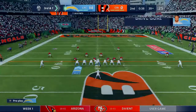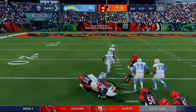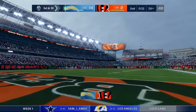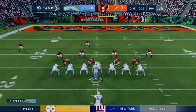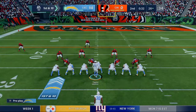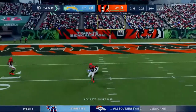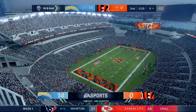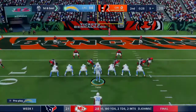This is 3rd and 1. Very likely 4-down territory, even if they don't get it, though. And he works it past the 30, almost to the 25. Now the Chargers will use the second of their timeouts as they'll stop it with a little over 30 seconds to go in the first half of play. Throwing now, Taylor on 1st down. And he gets it inside the 10 to the 9. Chargers going to use their 3rd and final timeout as they stop it with 28 seconds to go in the